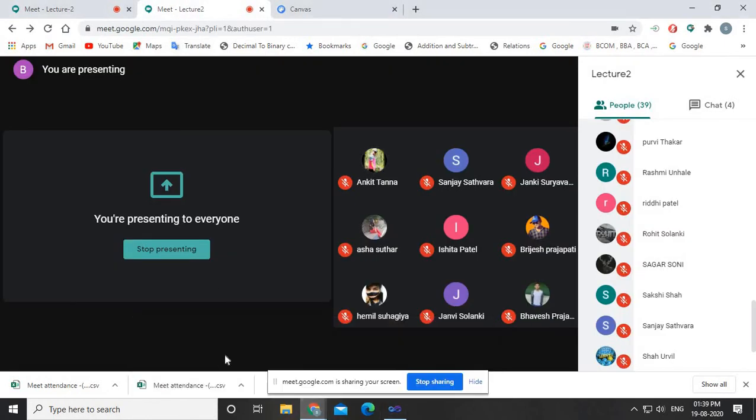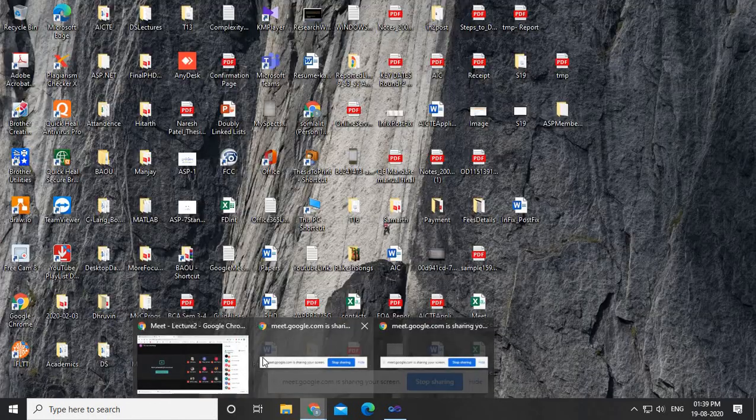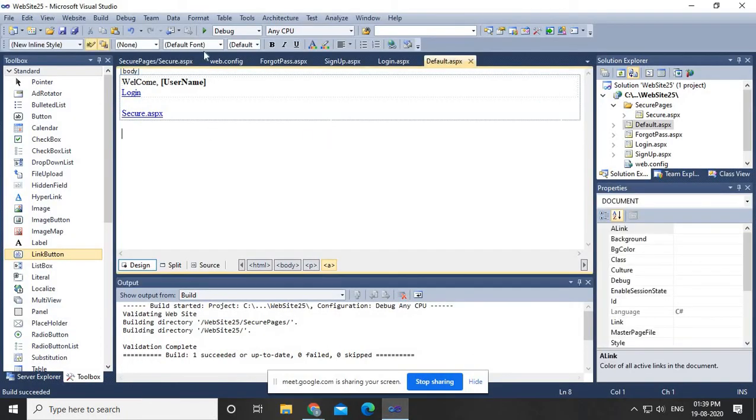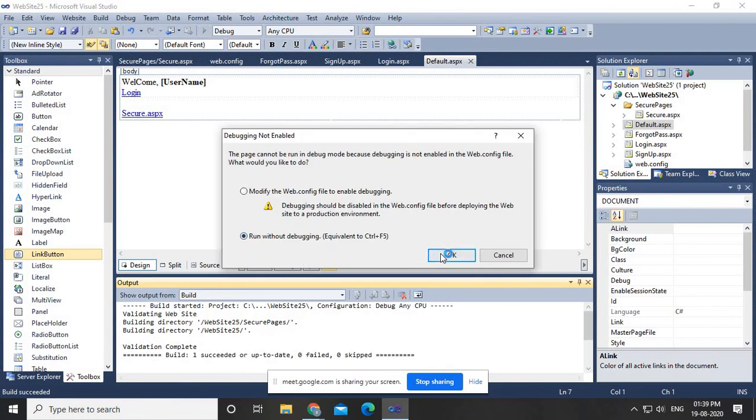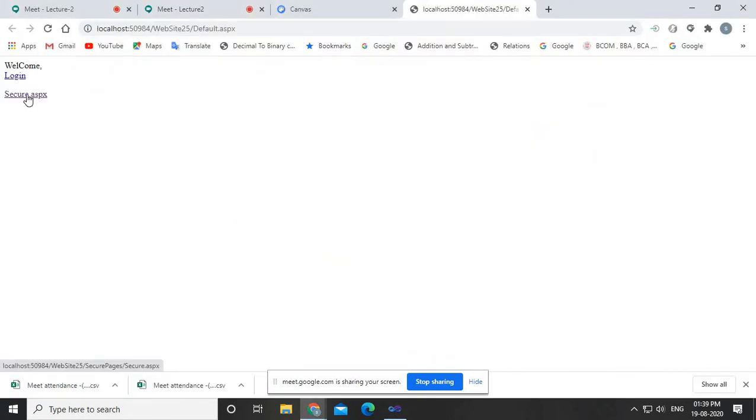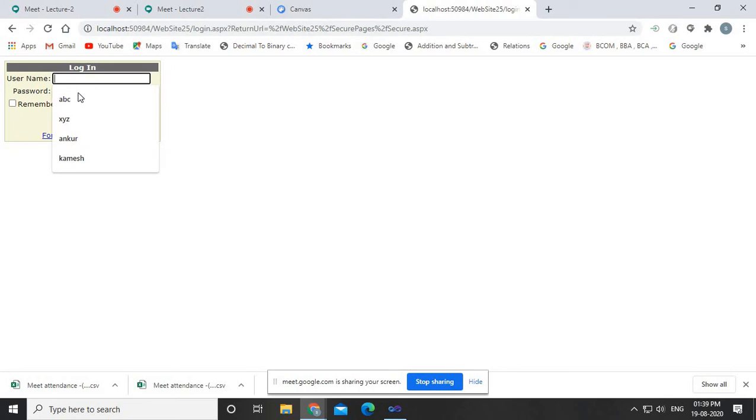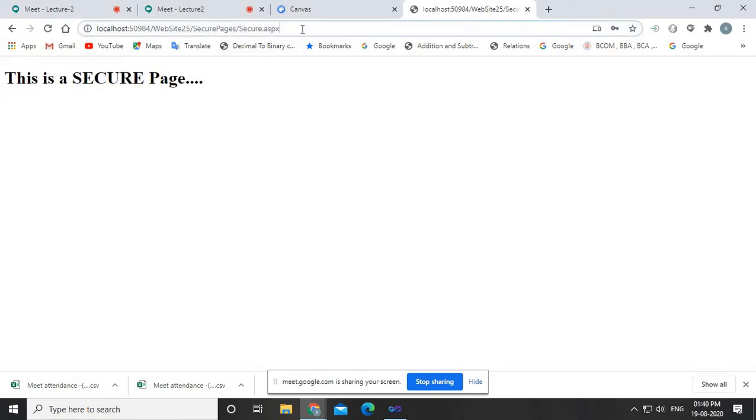Now another thing. For example, we will run this web page again. Now suppose I click on this secure page, we know that it shows the username and login screen, right? Now suppose we do a login. After login, what will it do? It will redirect you to a default page, because every time I log into the system using this login control, it redirects me to default.aspx. But see, this time if you click on this login button, you will be redirected to secure.aspx.